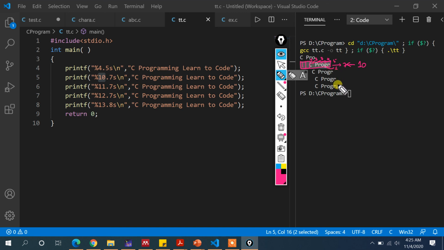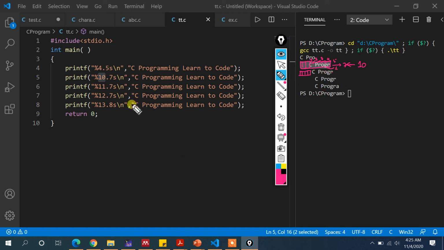have been displayed. Similarly, whenever it is 11.7, that means 11 spaces have been created, out of which 7 characters get displayed. So this part is actually 3, 1 2 3, and this 1 2 3 4, and this C. 7 characters get displayed, that is C, space, C is the first character, then space second, third, 4 5 6 7.